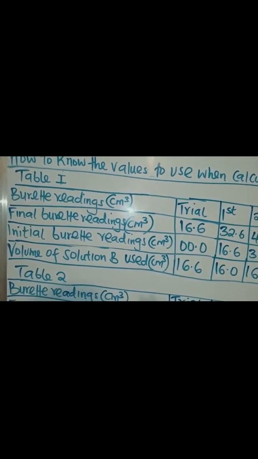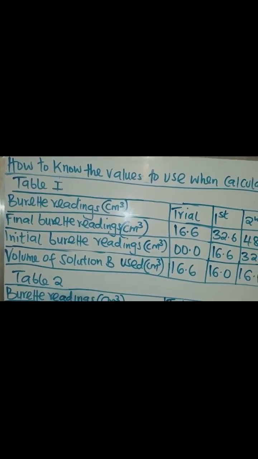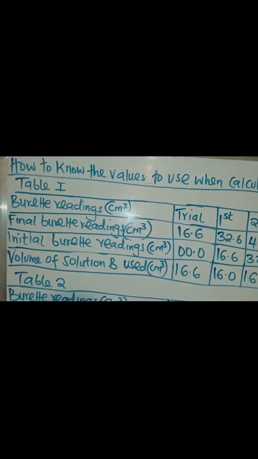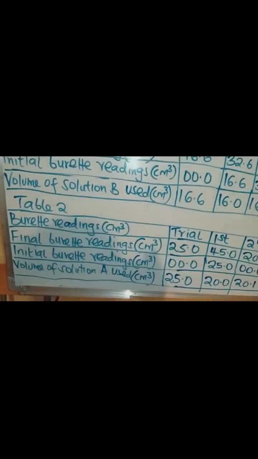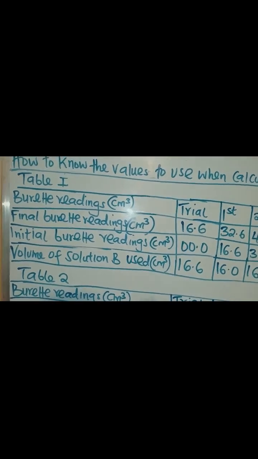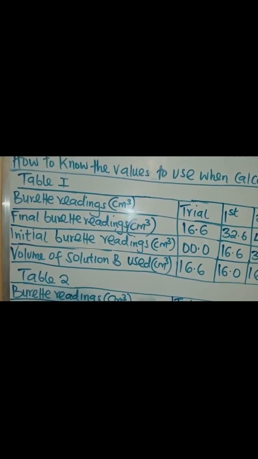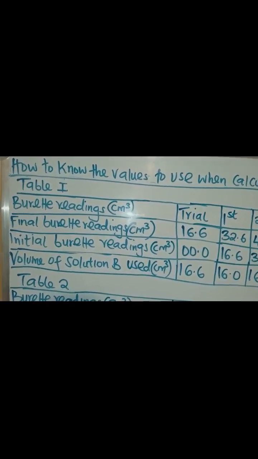The naming of the solution used will depend on what has been provided in the procedure. So do not just take it that it can always be solution B or solution A. It can even be solution K, solution J, depending on how the solution to be titrated is labeled in the